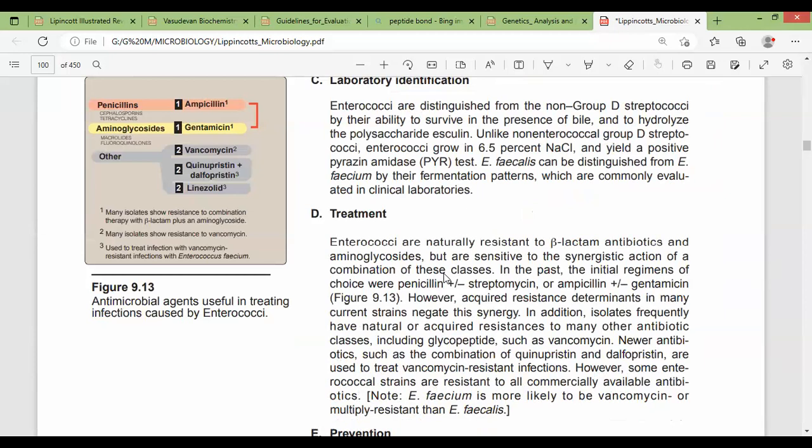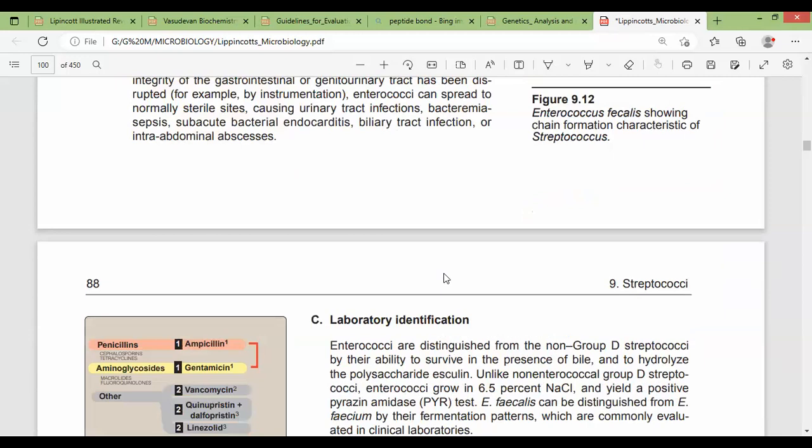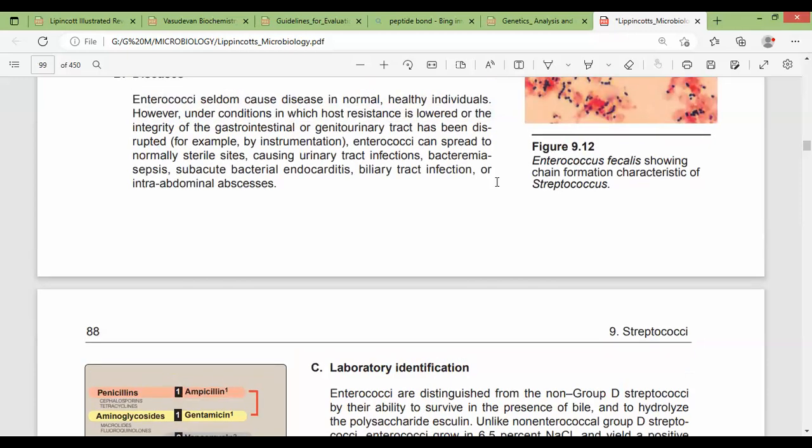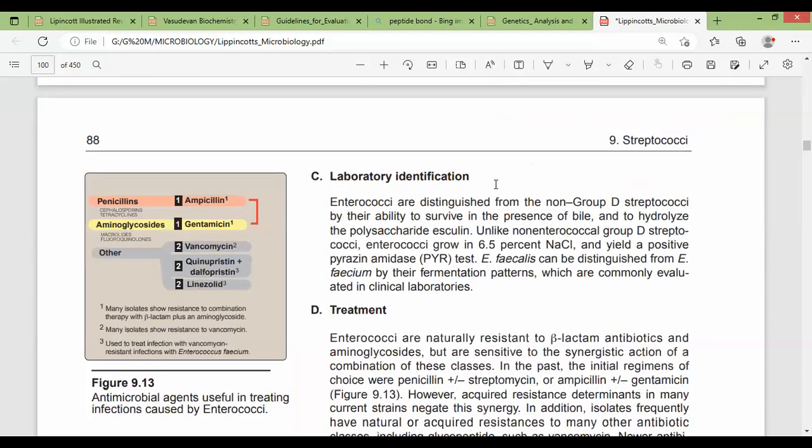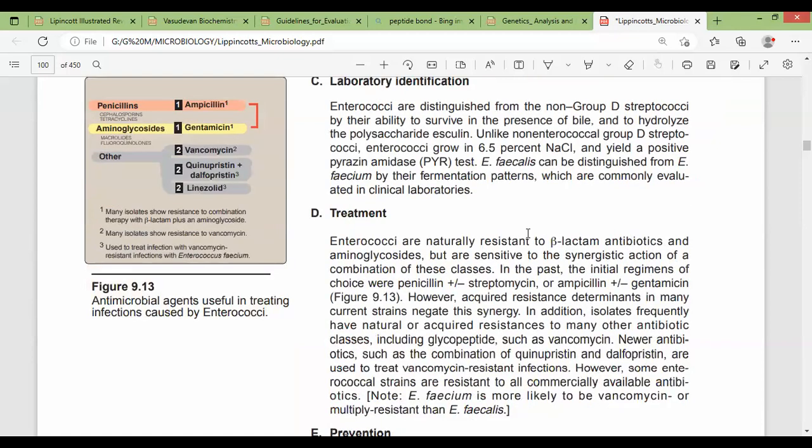There is something unique about enterococci: their ability to survive in the presence of bile. Remember, unlike Strep pneumoniae, enterococci lives in the bowels, right? That means it can survive bile, but the others cannot. Then for enterococci, something unique about them as compared to their brothers is that they are naturally resistant